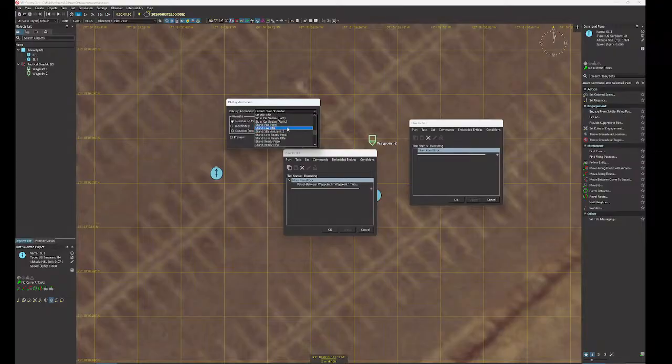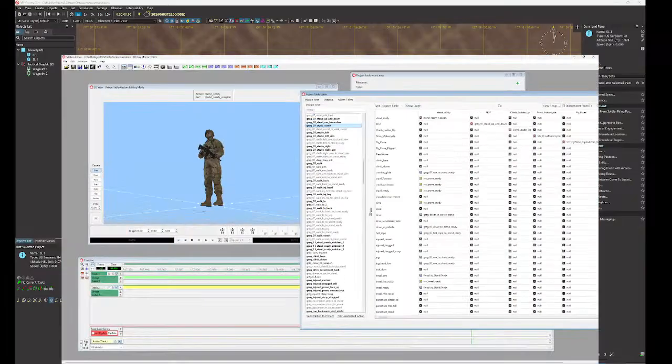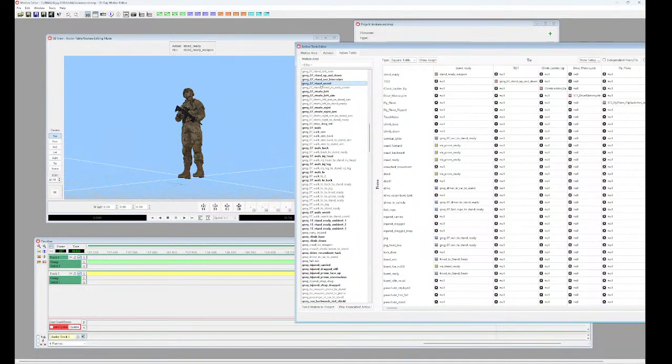I'm just going to overwrite one of these, stand fire rifle or something like that. Stand vomit. We'll just overwrite that one. So I'm going to go back here, stand vomit,